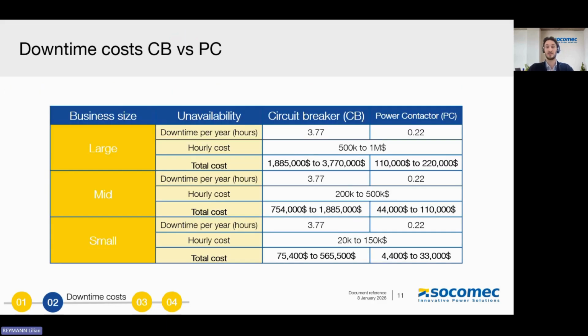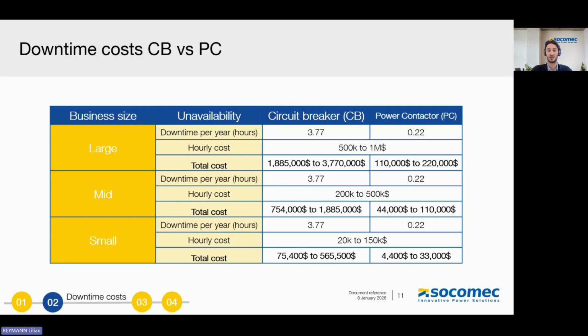So the 17 times yearly unavailability is even more real when we look at the total cost for an average business. The table that you have here on the screen is a basic comparison of the average cost based on your business size and your chosen switch technology. If we have a look at the large size business, for example, which could be like an airport, a small data center, large industry, whatever,